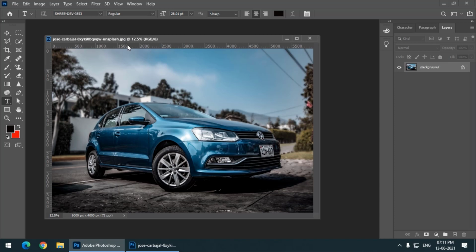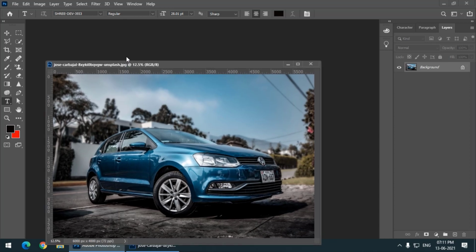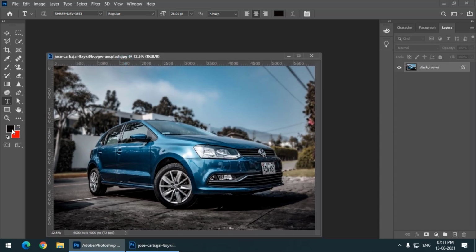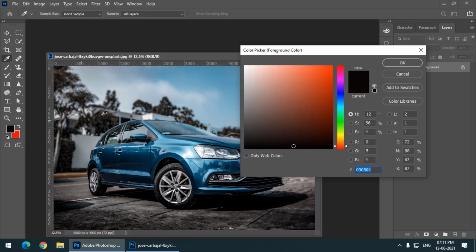If we want to check the value of any color, we can simply go to this foreground color. We can click on the foreground block, and we can click wherever we want, on whichever color we want to check the values for. For example, if I click over here, then it will give the RGB values for this particular point.